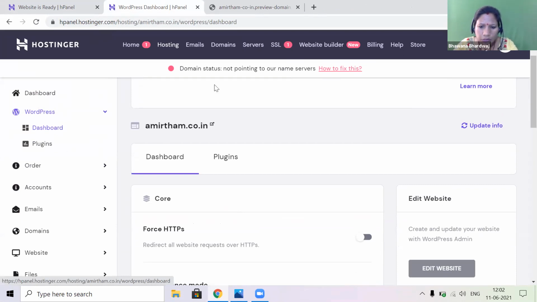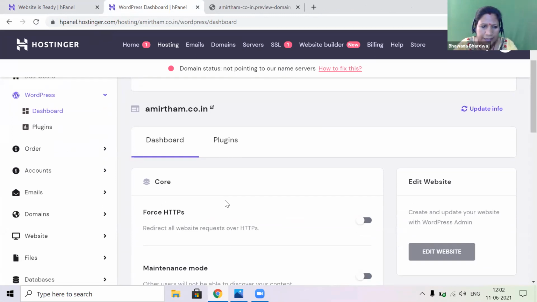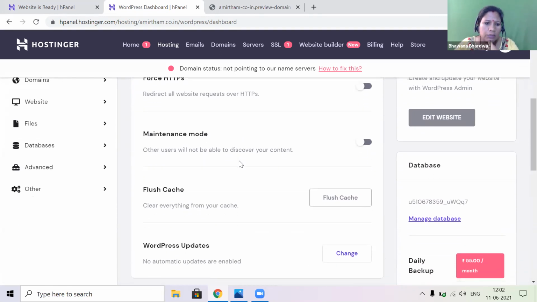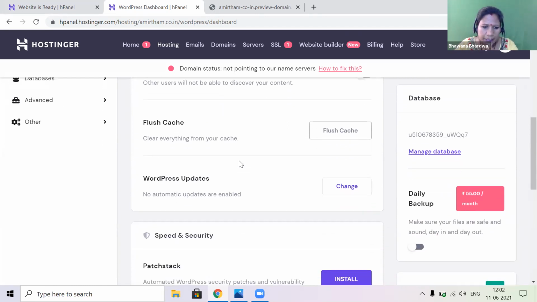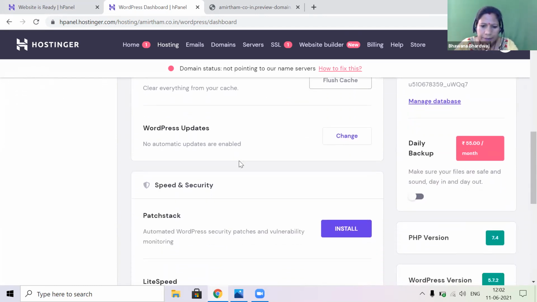So here you can click on edit website. Is there any option to click edit website? The feature is not available. The domain is not pointing. Okay, scroll down. Maintenance, flush cache, WordPress update, no automatic update enabled, speed and security.